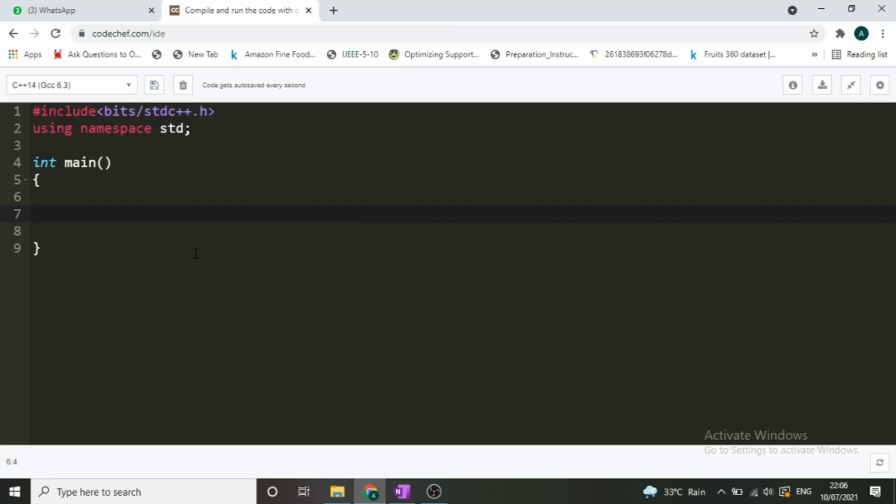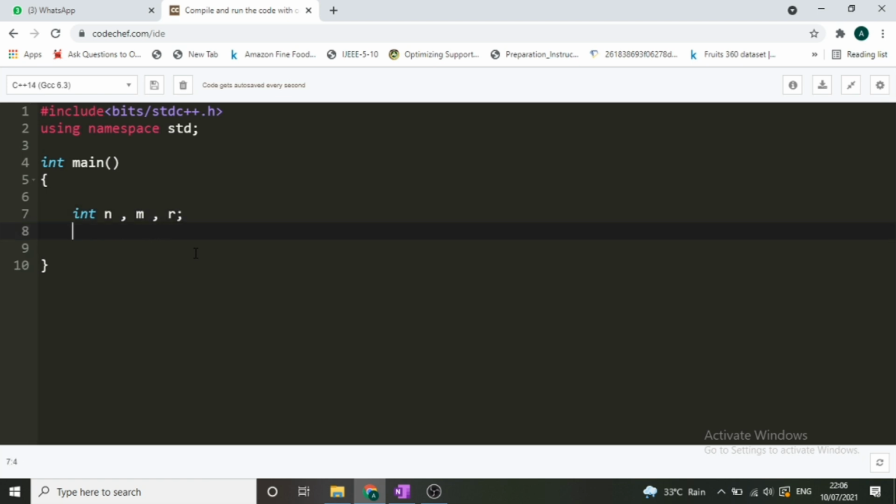Okay, so first we will take three values as input, that is int n, m and rust factor, that is r. So what we'll do is simply do cin n, m and r. The language I am using is C++, but you can use Java, Python, anything in the TCS compiler, as every logic will remain the same, just the syntax will be different. In C++ we use cin for taking an input, whereas in Python we use input, and in Java we use System.in as an input. Okay, so I hope this thing is clear to you.